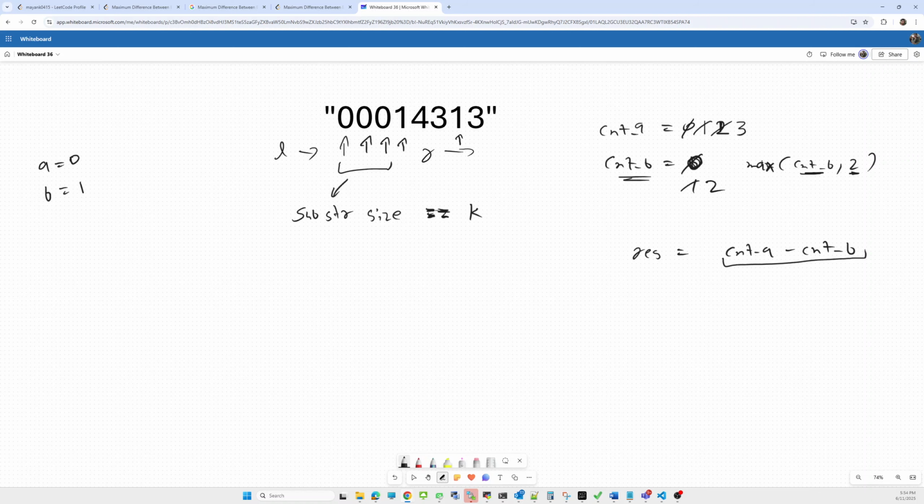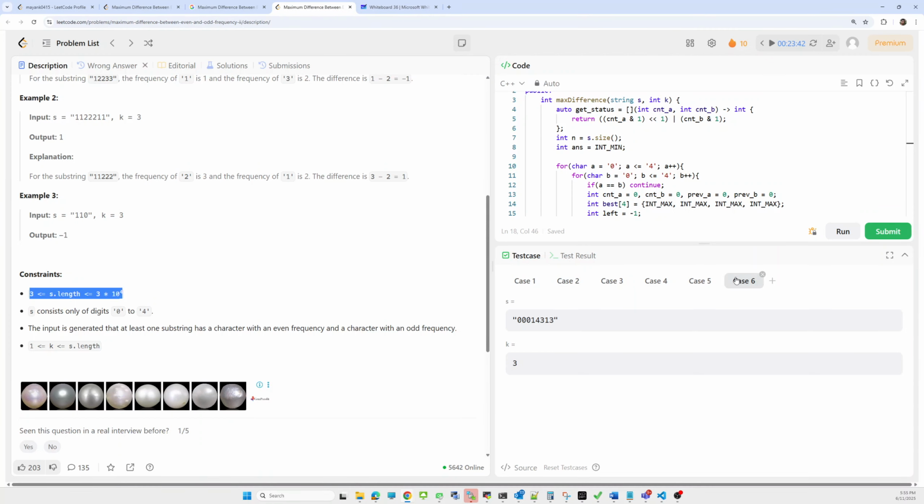Clear? But how can we use the past information to maximize the result? So in this case this will be the maximum result. Let's say this 3 minus 2 will be 1. So for this test, yes, this will be the maximum result. Okay, but now let's consider a different test case, let's say this one.